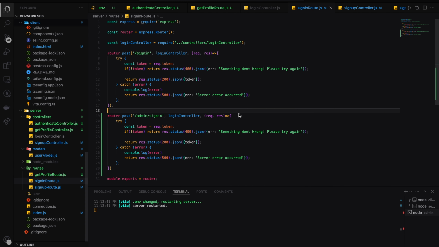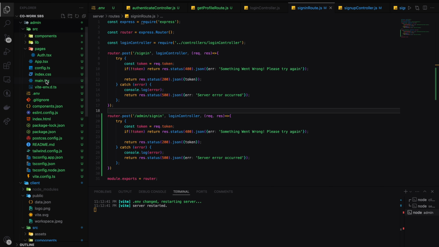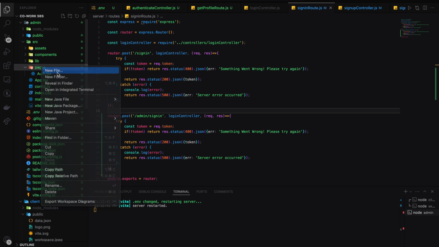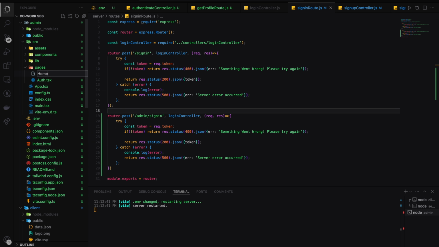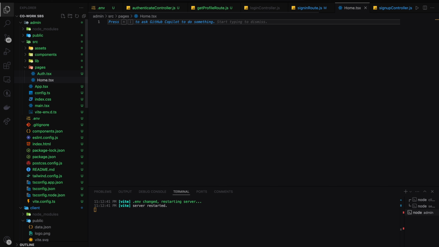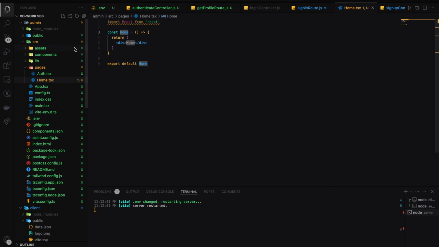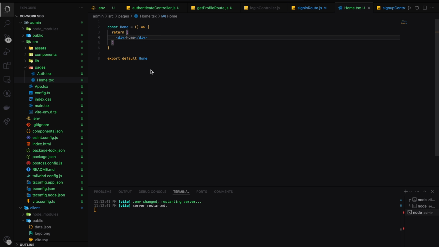So for it, we have to make a home page as well. So in the pages, create a home page .tsx. Remove the page, only the home.tsx, RAFCE. Remove this import React part, and here when we are logged in, so simply go to the home. Okay, and for that, for going to the home,